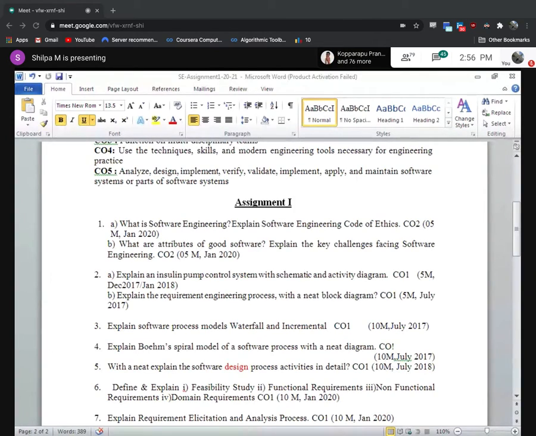Ma'am, how much is there? See, it is your job to pick important points from what is there in the notes. You please take it and write. But remember, there are four things here. For specification, there are four main activities: feasibility, requirement elicitation, requirement specification and validation. There is a diagram. So figure 4, figure 5, figure 6 and figure 8.